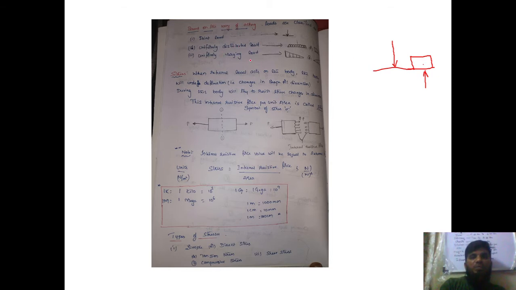Next is uniformly distributed load. For example, there is a surface. For example, you take a bridge. On a bridge there is a set of carriers, which is evenly distributed, having 10 kgs of load, 15 kgs of load, which is being distributed on the lorry. So this will be evenly distributed on the lorry. Because of that, it acts as a uniformly distributed load. This is point load, this is uniformly distributed.